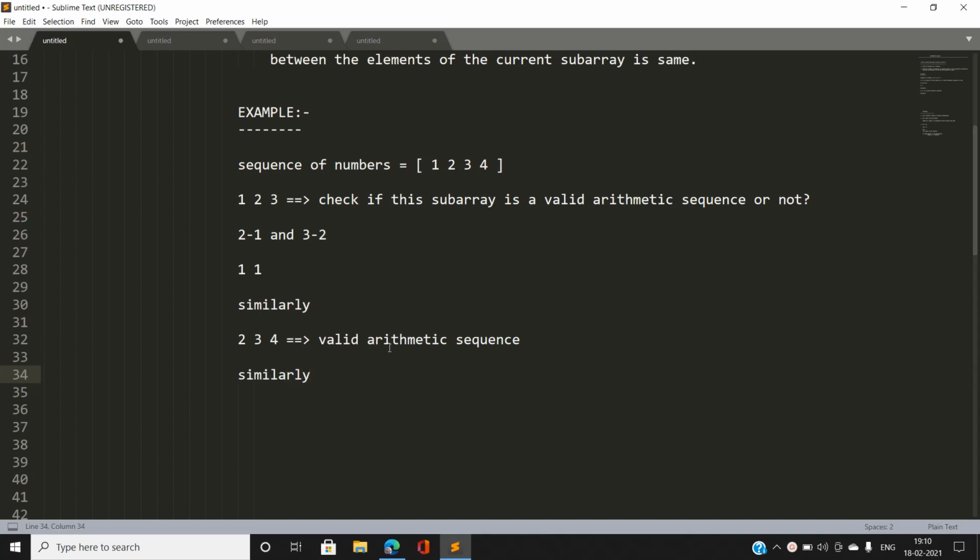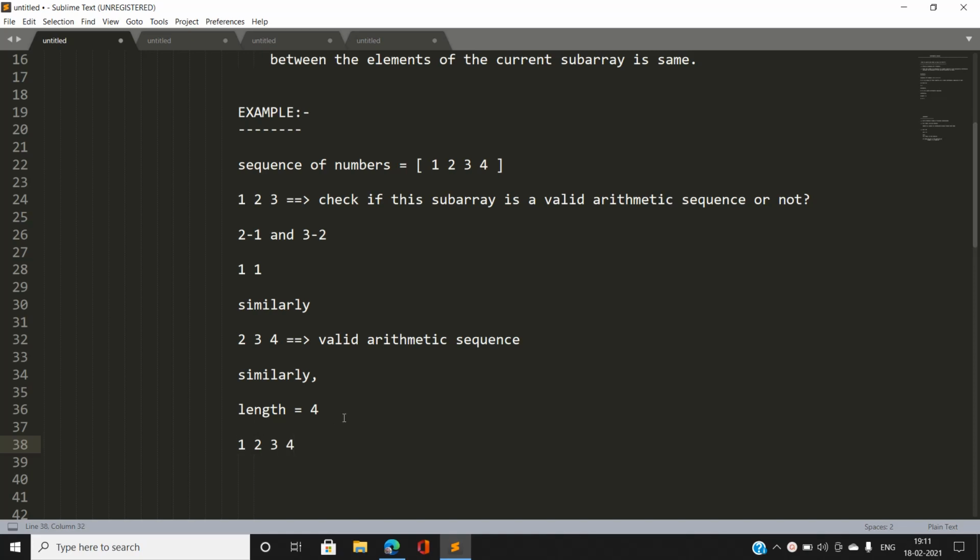So let us calculate for length equal to 4. If we are going to calculate an arithmetic sequence of length 4, we must include 4 consecutive elements, and the array size is 4, so let's take all the elements: 1 2 3 and 4.